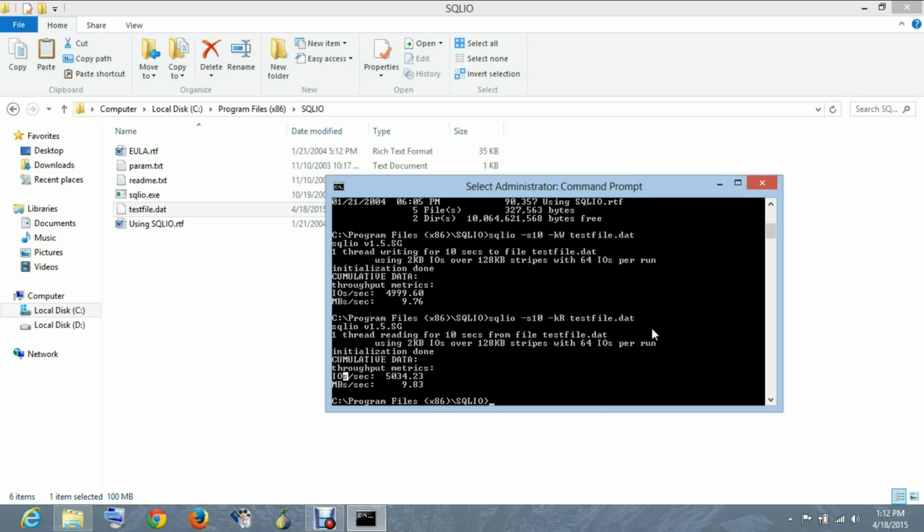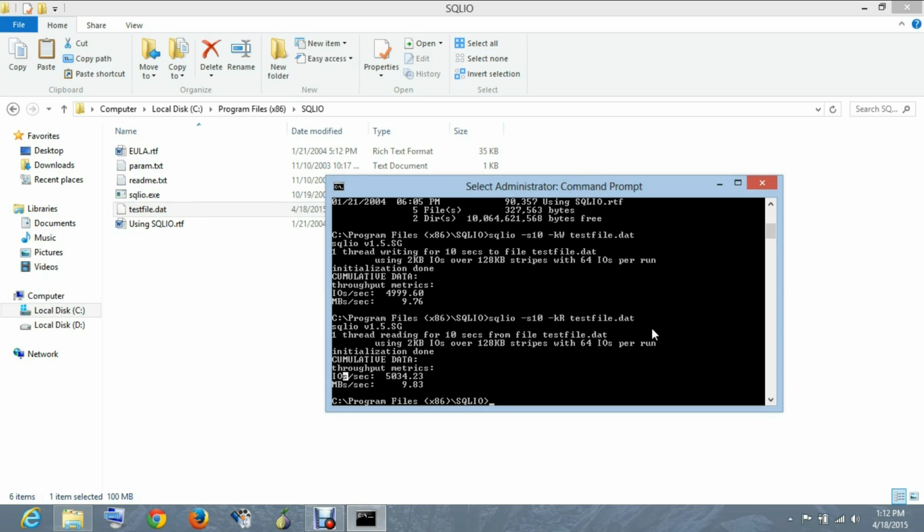But if you are really testing your hard drive, you should run it for a much higher amount of time. Because we are giving a tutorial, we can't run it for that much higher amount of time, so we are keeping it down to 10 seconds or 15 seconds. But if you're using this to test your hard drive, run it for 5 minutes, 10 minutes, half an hour at least.